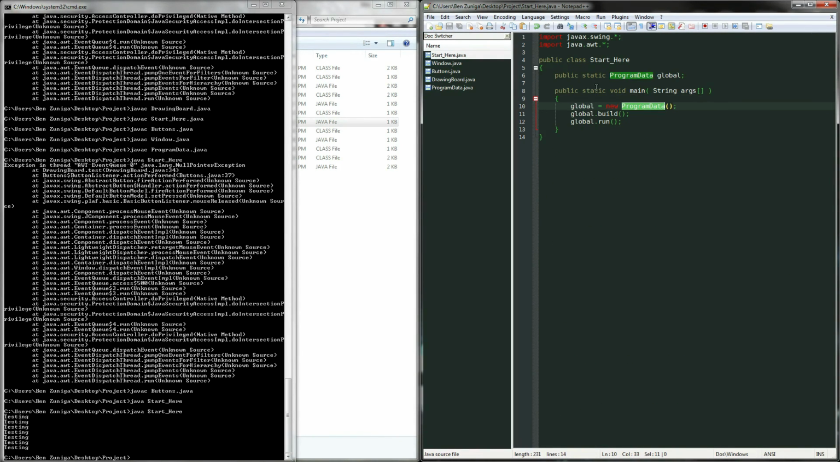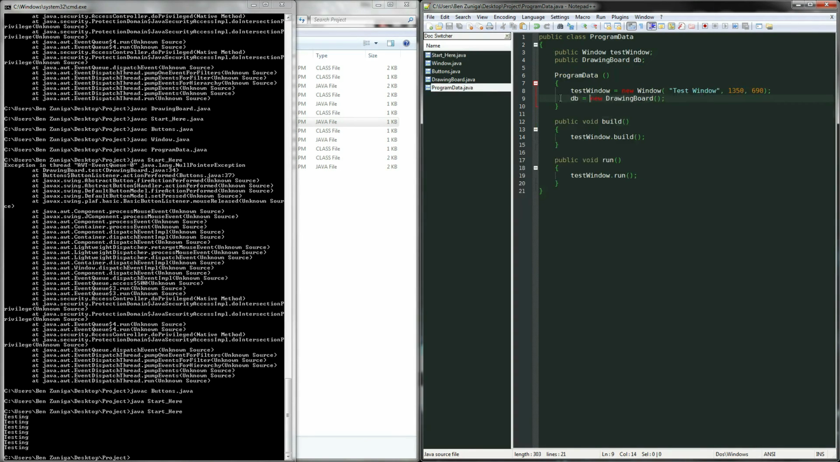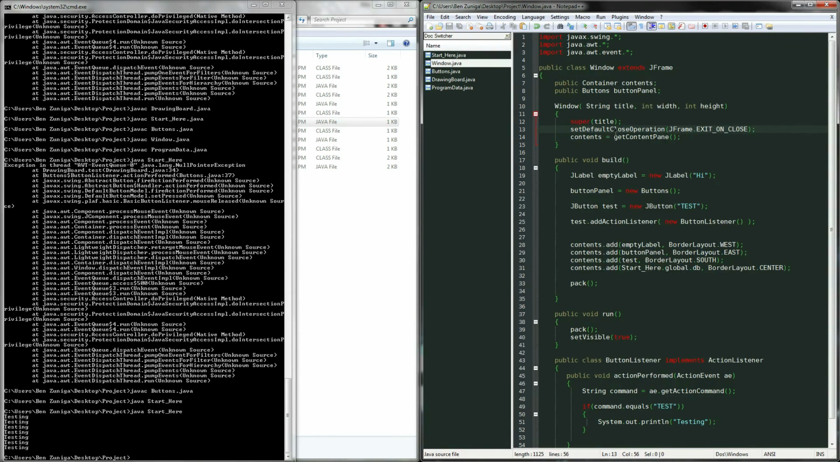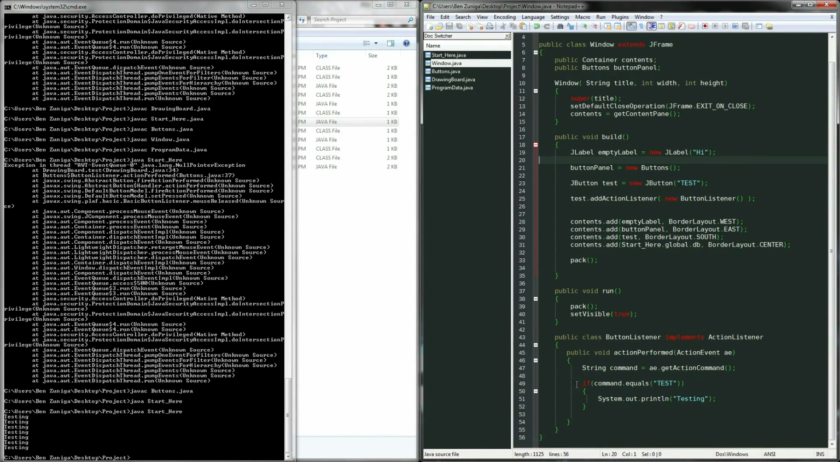Then the main method tells the global variable to build everything. So that just kind of passes on to the test window. And it builds itself, so it adds that small label that says hi. It initializes the button panel and the test button, as well as adds an action listener to the test button, which I believe I explained earlier, and then adds everything. And it also adds the